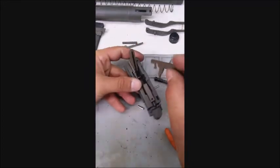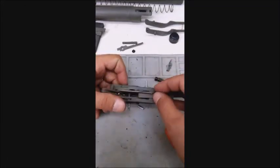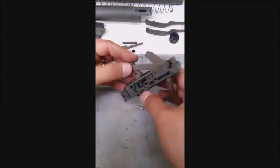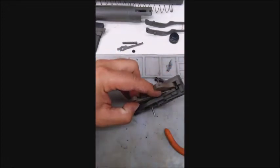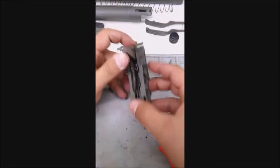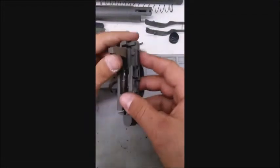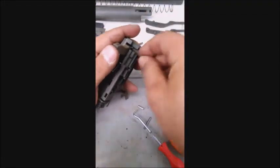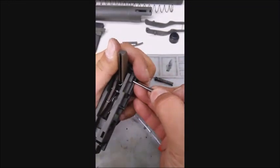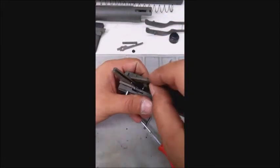So we take this piece, go in forward first, and slide our trigger up, because there's a little slot right here. Make sure we hit into that slot. Actually, shit. I forgot to tell you something, and please do forgive me. It's been a while since I've done this. So let's get that out of there. So what we need to do when we do this, one, this hammer has to be all the way forward, but two, we got to actually pop the hammer axis pin out a little ways, just like that. So you can still see it through there, but then we got to get this piece in through this slot. Should we just...